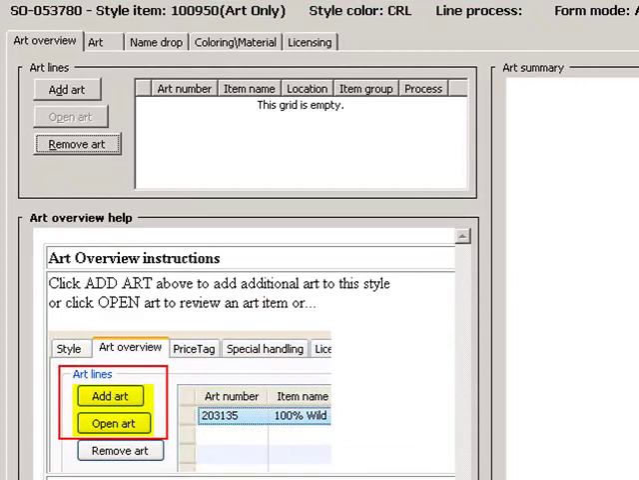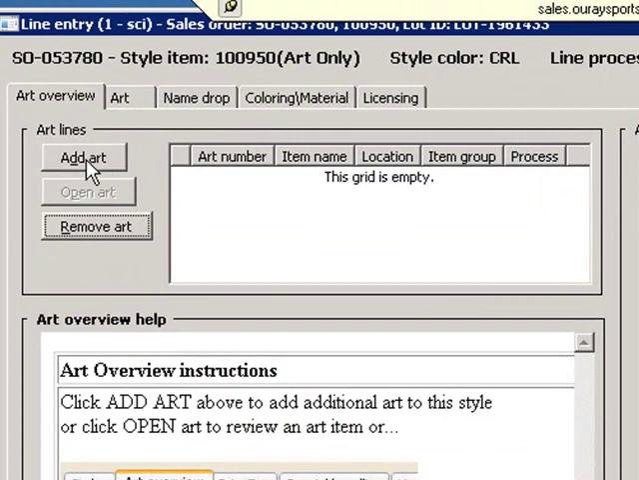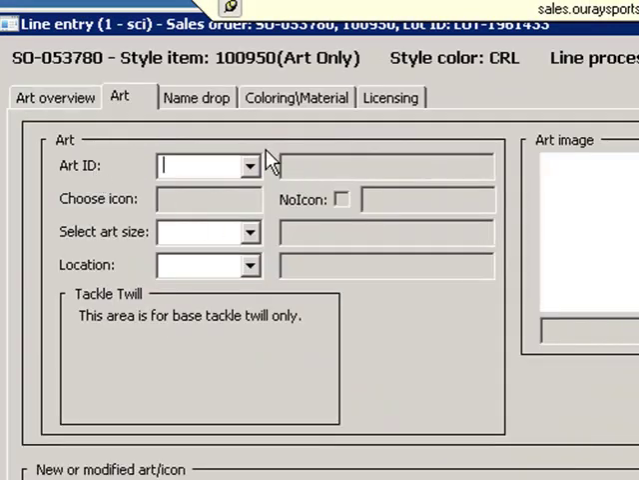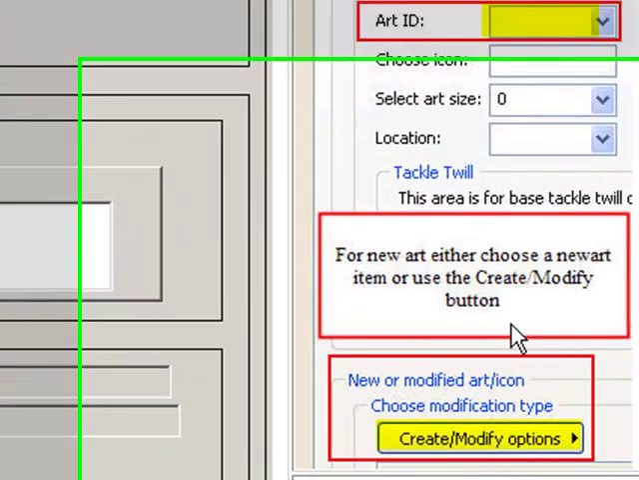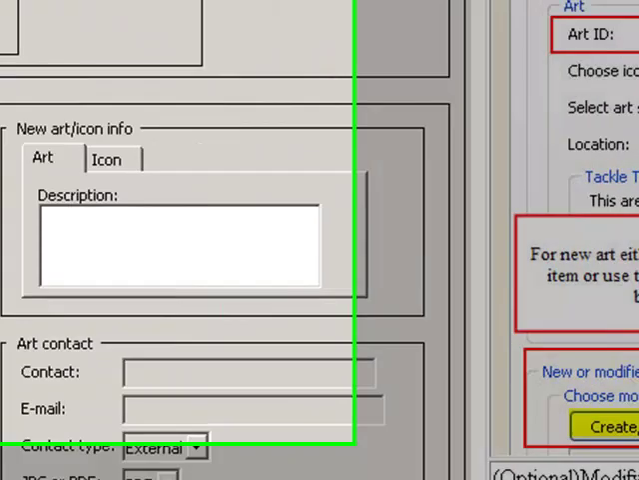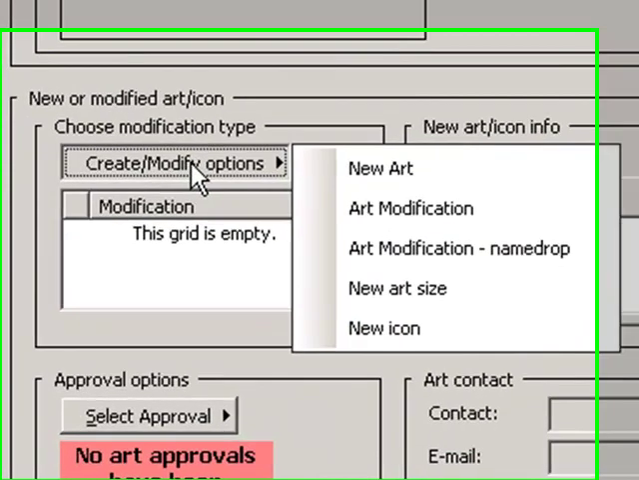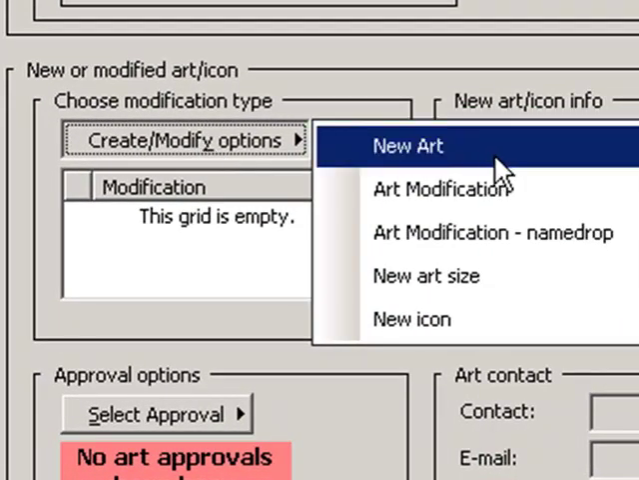But that art, of course, doesn't exist in the Ouray database yet, so I need to create it. So I'm going to go to the Add Art button. And I could, in the old days, click on the drop-down arrow and go searching for anything with new art in it. But as the help screen suggests, I could simply use the Create Modify button, which is right over here in the center of the screen. And when I click on that button, one of my choices is New Art. I select it,